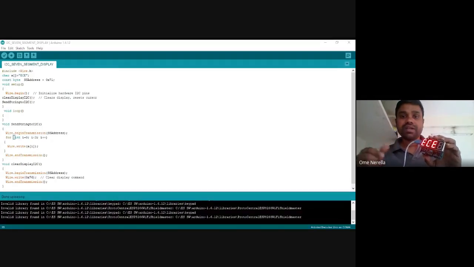But individually, if you see the 7 segment display devices, in that we will use digitalWrite with the pin number, 1 means particular LED on, 0 means off. But in this case, there is no such thing. There is a predefined library available. Using that library, it will perform based on the character. Suppose you can also write not only ECE, you can write 1 2 3 4, and 1 2 3 4 will be displayed on the serial 7 segment display.